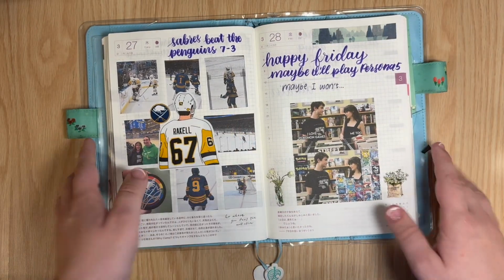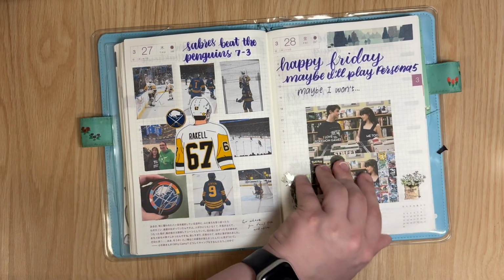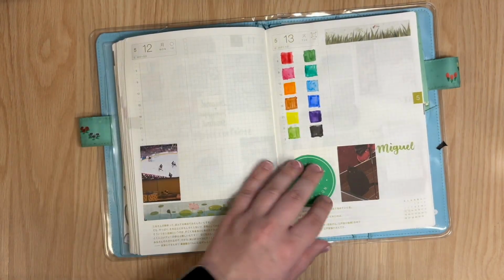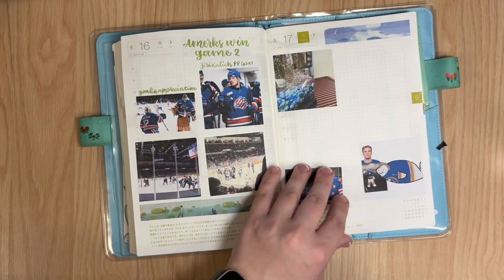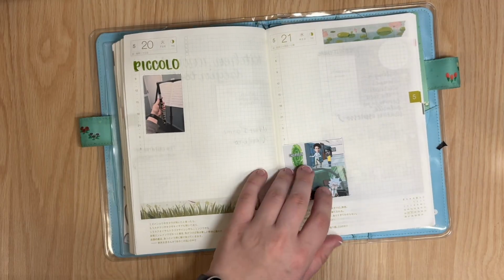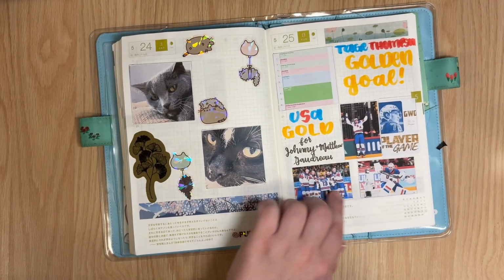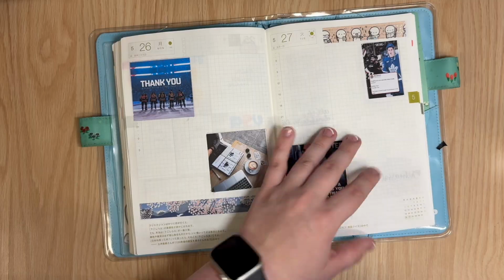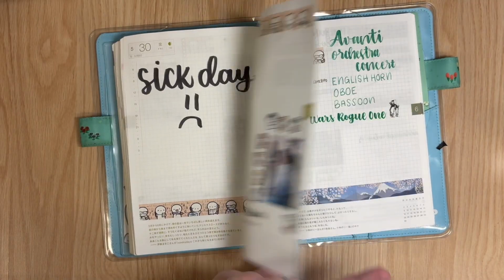This page. I love this page. I love how it turned out. But if we are looking at it now, I had some really good moments, and I think I just need a system that lets these daily pages flow, like this would need more and this would need less. And so you'll see in a second,